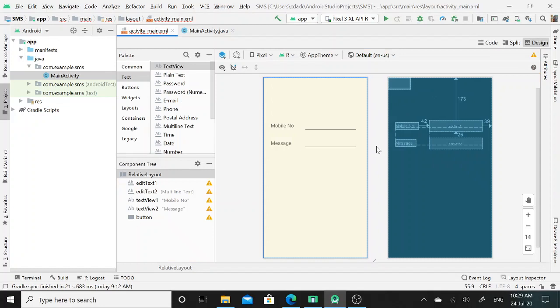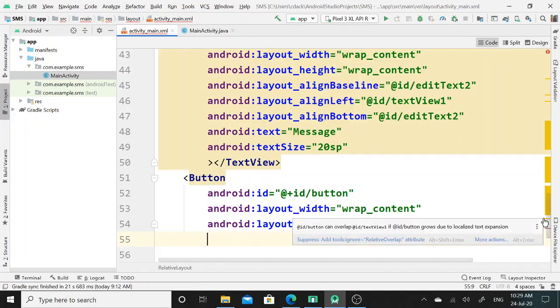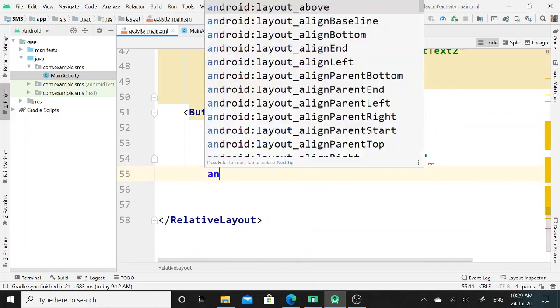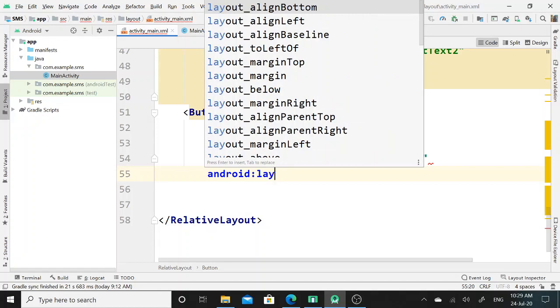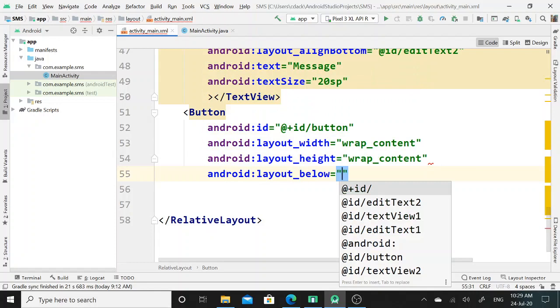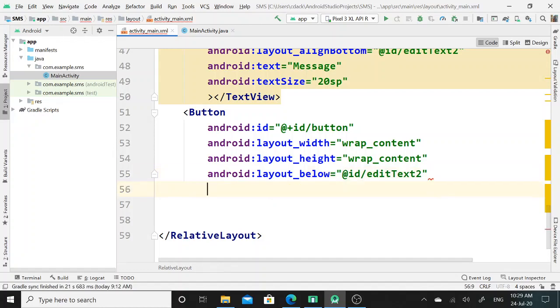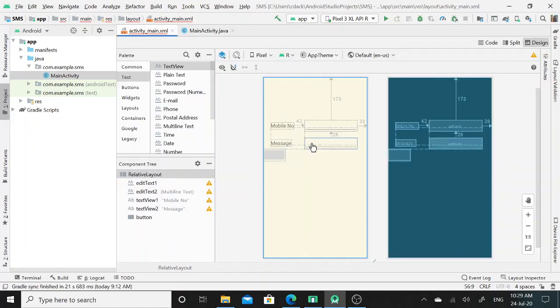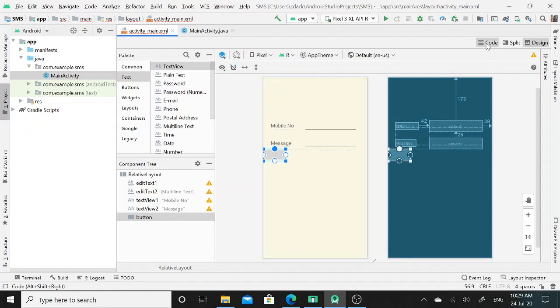Again I want this button to appear over here below the edit text 2. To do that, I will assign the Android layout below property. Here in layout below, I will set the ID of edit text 2. So you can see that this button, which initially appeared here, has now appeared over here.